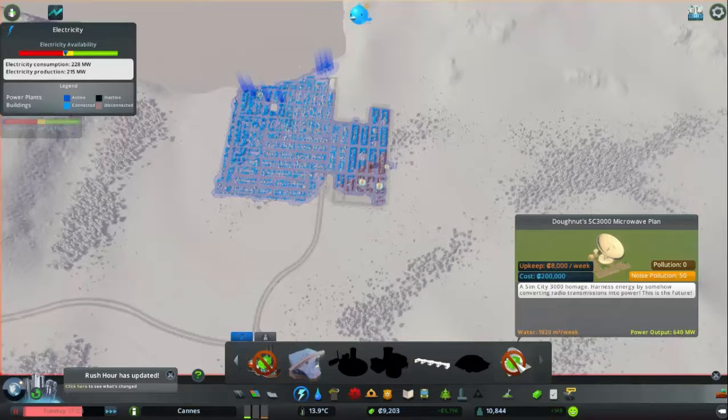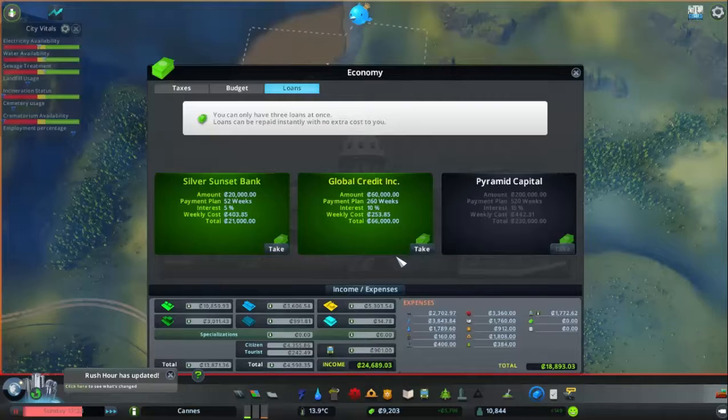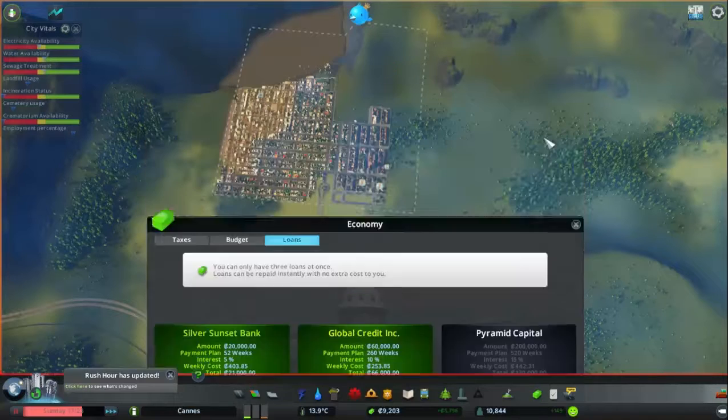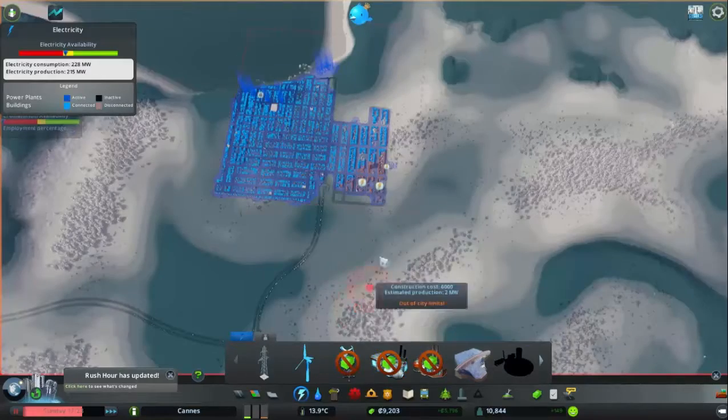And as far as other power solution goes, that's 200 grand, but it would just kind of fix everything. How much would a loan? I can take a $60,000 loan, and that's about it. Why can't I take the 200 grand one? Oh, I need to reach a population of 17,000. Well then, I don't really have any other options, do I? I mean, I can try and rely on maybe, like,